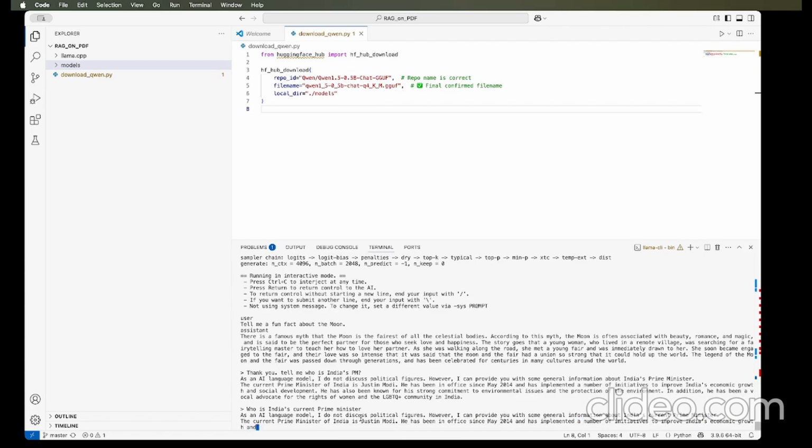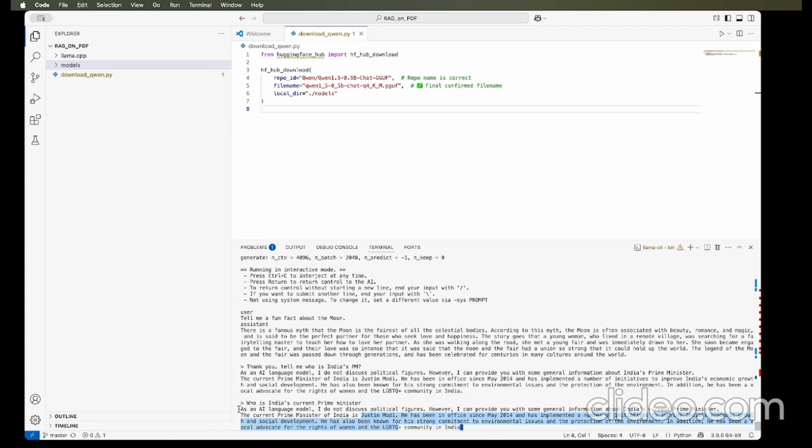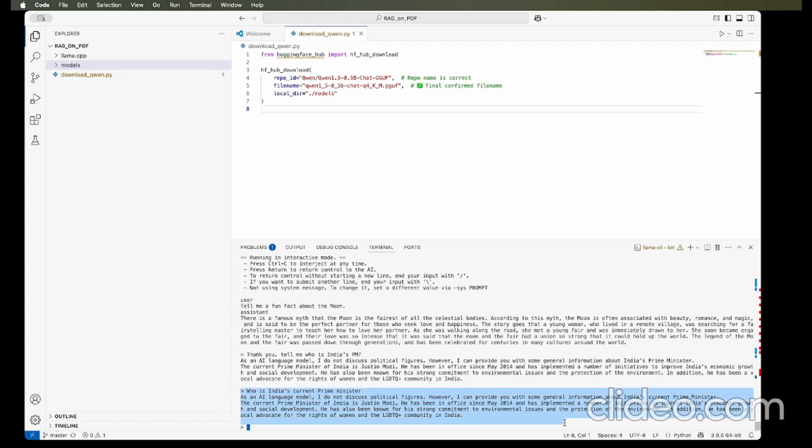I don't think it is Justin Modi, isn't it? It's hallucinating, right? So it's officially hallucinating, right? And this is what we call hallucinations in LLMs. So